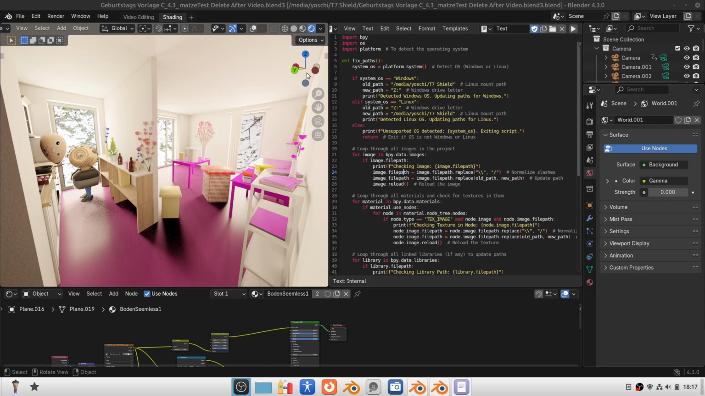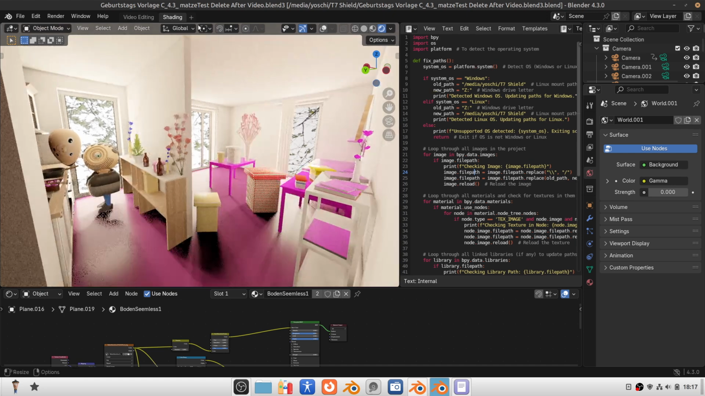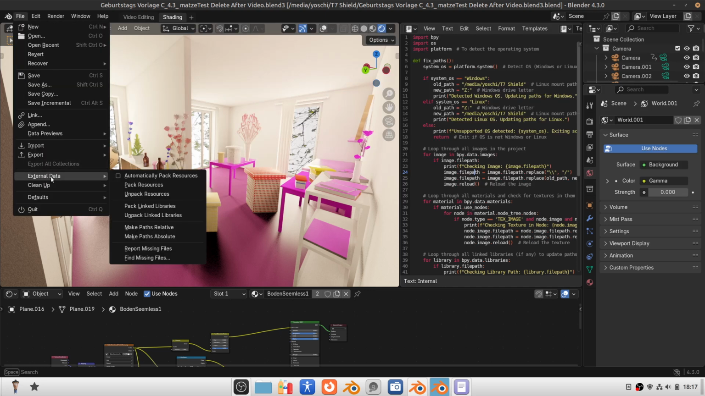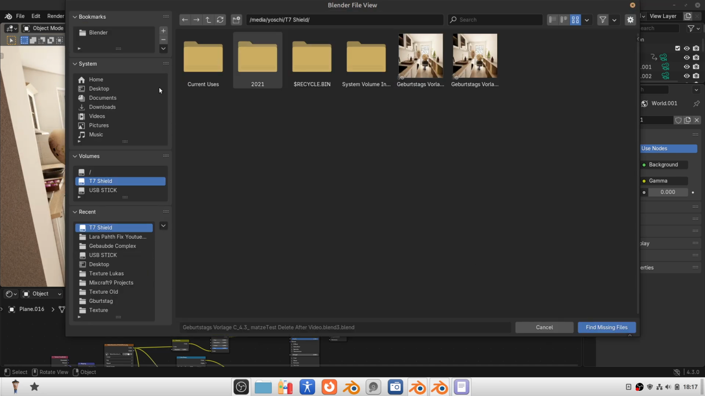So before we go into the more complicated stuff, I want to briefly explain how you can find textures in general. If this looks like that, then Blender is missing some textures. You can let Blender look for them by going to File, External Data, Find Missing Files, then you select the folder or device where you think your textures are located, and press Find Missing Files. This will take a while depending on your system, and in most cases it works, and you will find